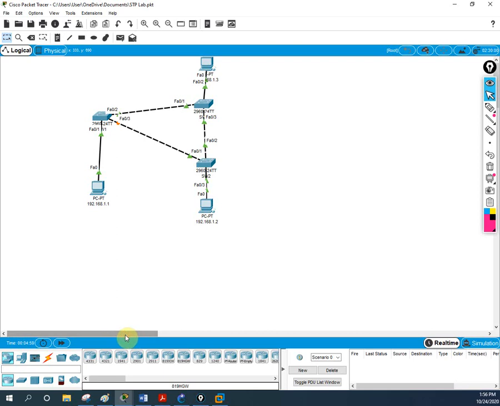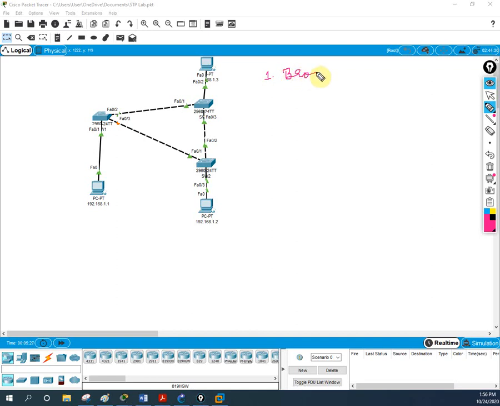First of all, remember STP is the Spanning Tree Protocol. It is a layer 2 protocol we use to avoid the loop in the network. With the help of STP, it will disable whatever link is creating the loop in the network. So what problem will we have? I will write the problem. If we don't have spanning tree protocol, we will have three types of issue, as we discussed in our last class. First, we will have broadcast storm.